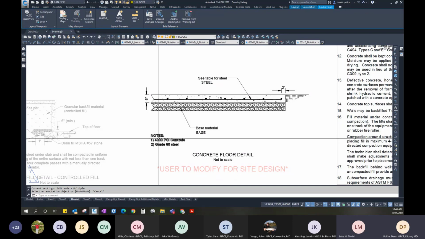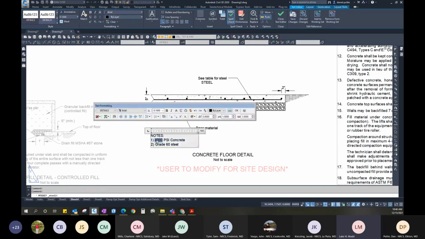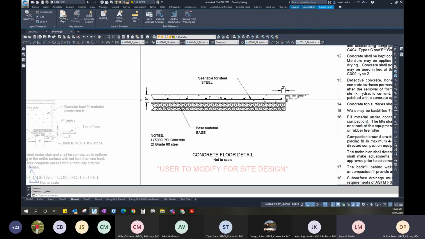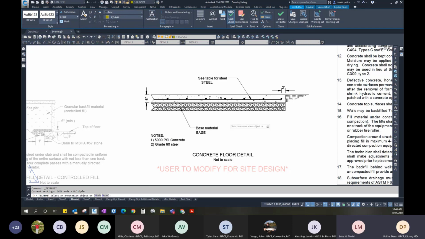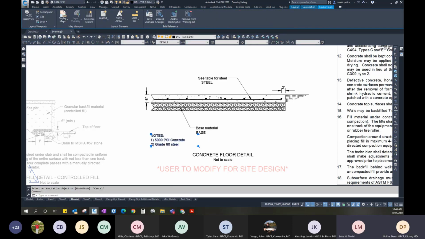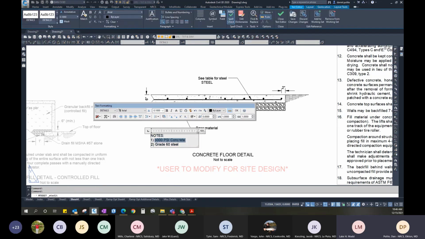I need to change this to 5,000. Go ahead and change it to 5,000. Click OK. If I need to change this to 6-inch, go ahead and put 6-inch in there. Click OK. If, for some reason, I wanted to change this to be red,